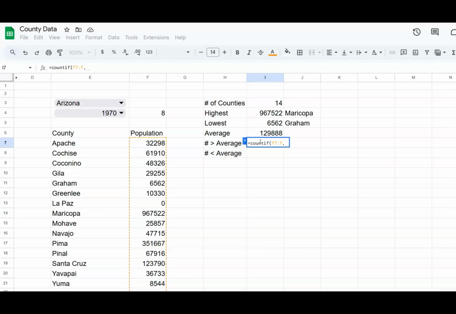and now we need to do what's called a concatenation because we want to say that's greater than the average. The average is a number in I6. A concatenation is basically taking two different things and putting them together so that the computer can understand what we're talking about. So first we need to do a quote, and type in just the greater than sign, and then another quote. So we're adding this greater than sign in, and then we'll add in the and sign, which is Shift 7. So we're saying F7 colon F, comma, then quote greater than, quote, and then just go ahead and you can click on